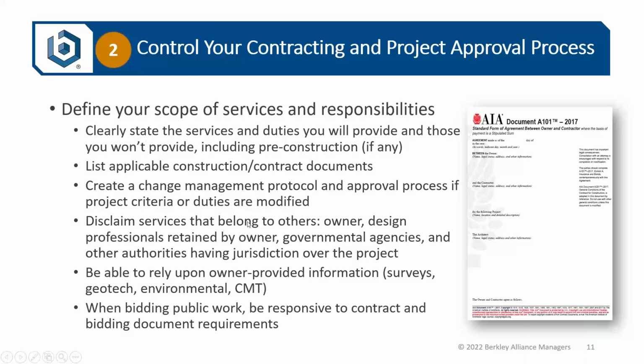And then finally, on this page, when bidding public work, you must be responsive to the contract requirements and the bidding document requirements. You must be responsive and responsible. I was just talking with an architect earlier today about a situation they had where they had to make a recommendation to an owner on a public bid project where the low bid contractor had exceptions to the plans and specifications and the bidding documents. They had alternative approaches that they wanted to utilize as part of their base bid. And while under the bidding documents, it would have been okay for them to include those alternatives as an alternative and then bid on the product the way the plans and specs and other contract documents called for it,